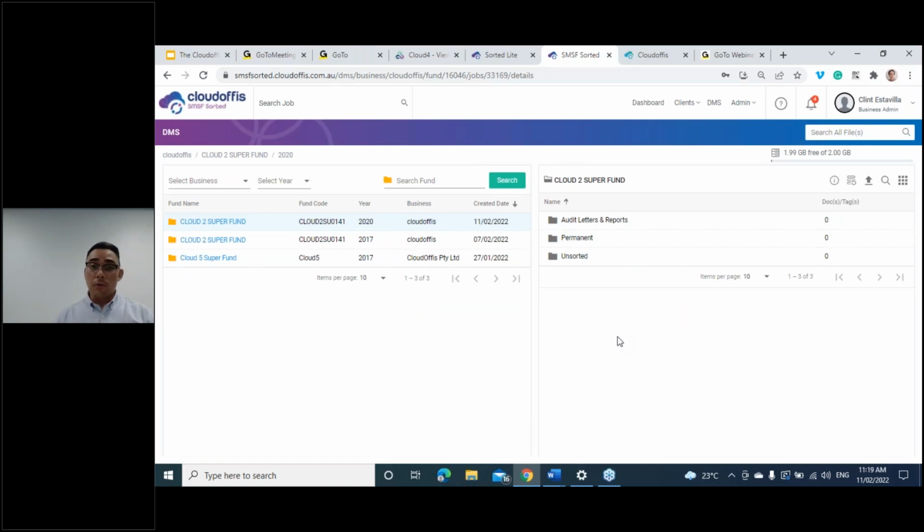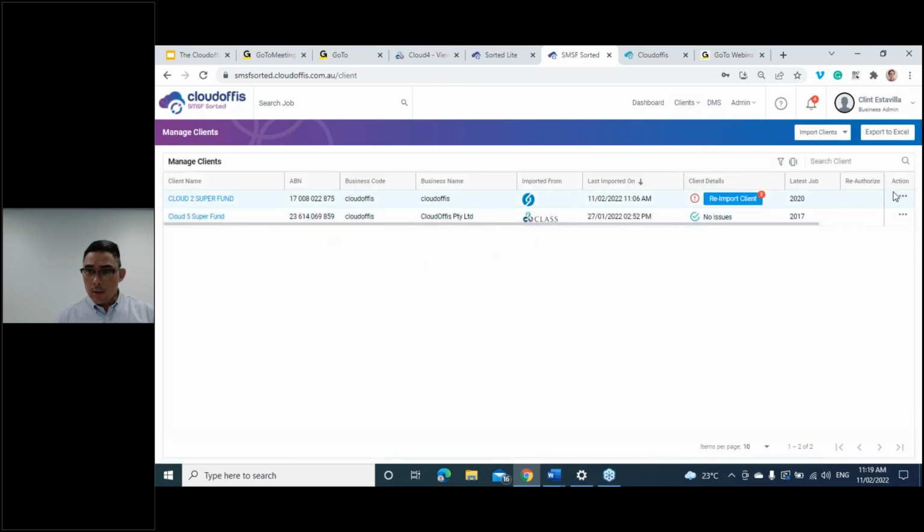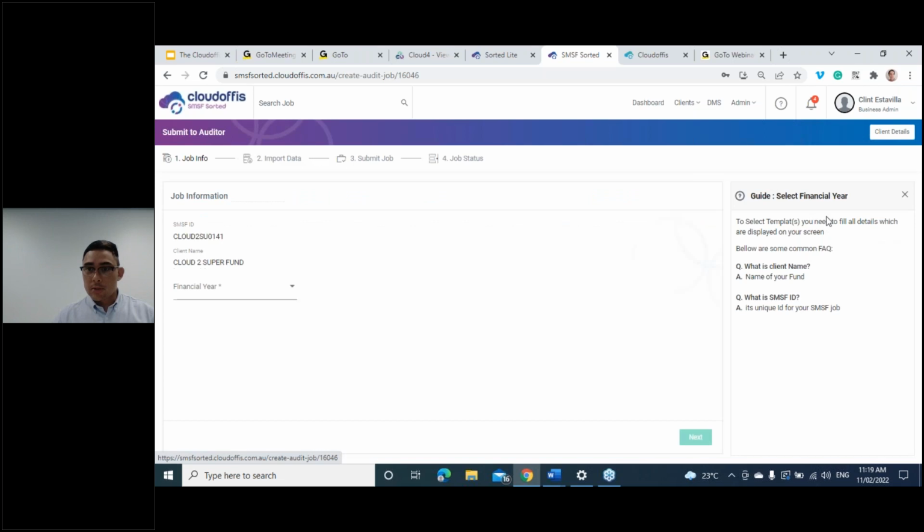So that's going to transfer all the work that they've done, all the hyperlinks, PDFs, reports over to their connected portal, and then they just need to go and create a job as normal. All right, so back to the client section, and then once again, going through the process, submit to auditor, choose the financial year, and so on. Once that's submitted,